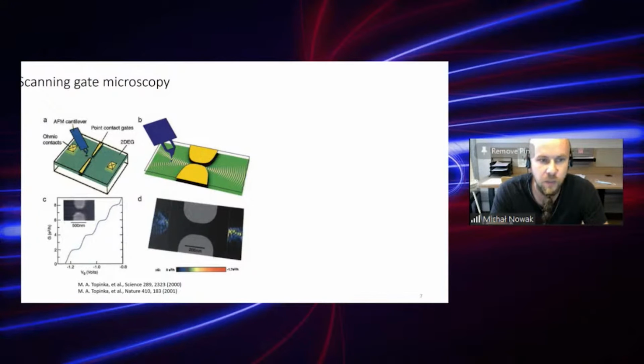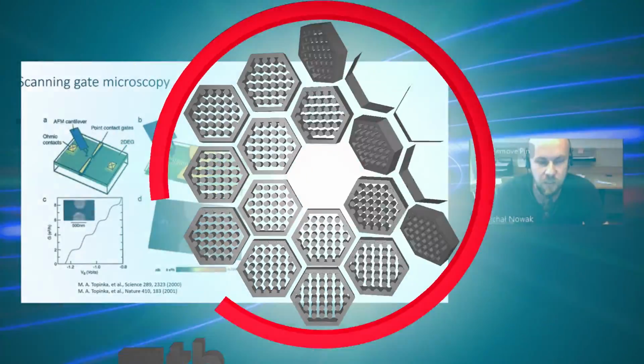semiconductor science, and it works as follows. When there is a two-dimensional electron gas in a heterostructure, we can measure the conductance of this device. Let's say we have a QPC in the middle, but at the same time, we scan above the surface of the system with an atomic force microscope tip. Obviously, this tip, if it's negatively charged, would create a repelling potential for electrons that reside in the two-dimensional electron gas, and by that